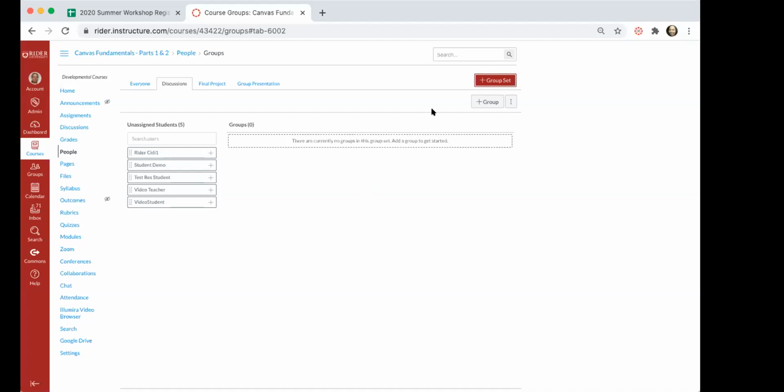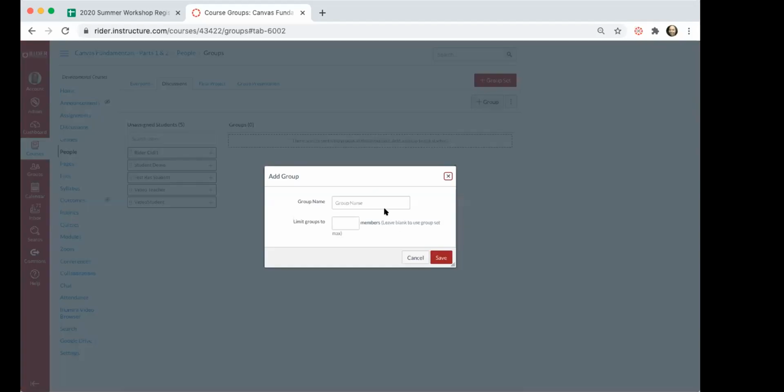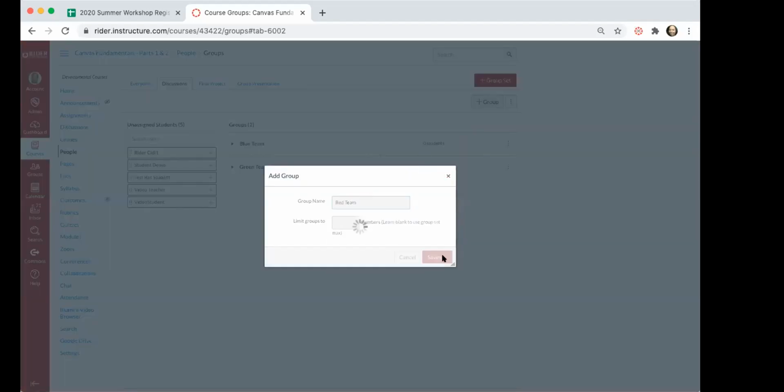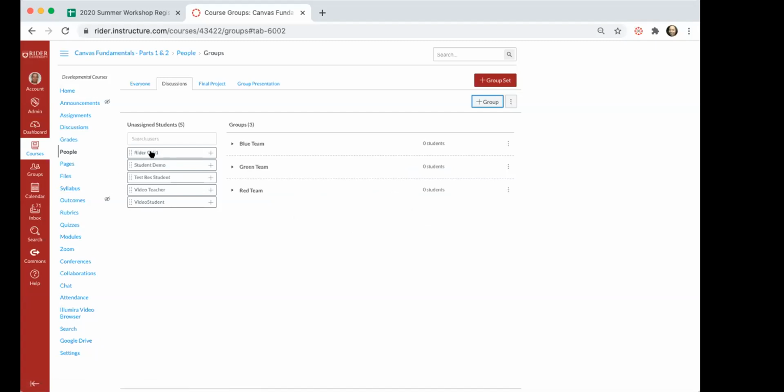When you create groups manually, you need to use the Add Group button to create the number of groups you want. So maybe this is going to be the blue team. And then maybe I'm going to have a green team. So you're just going to create the number of teams or groups that you want to see listed here. Okay. And then the last step is that you need to manually assign the students. And you do that by clicking on the student here in this unassigned list and then dragging them over to the group you want them to belong to